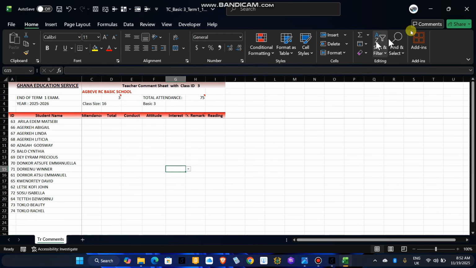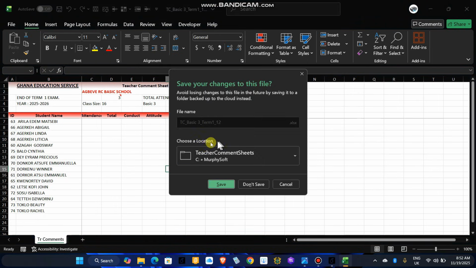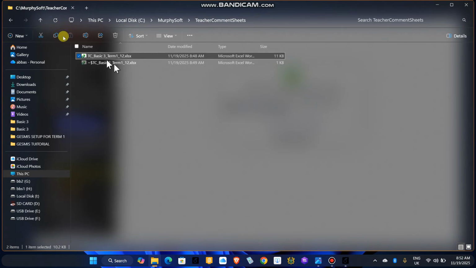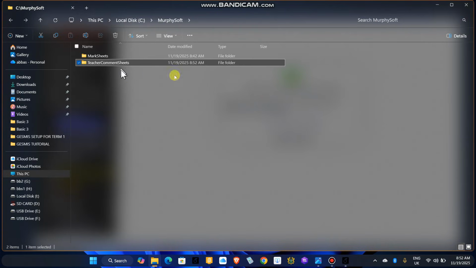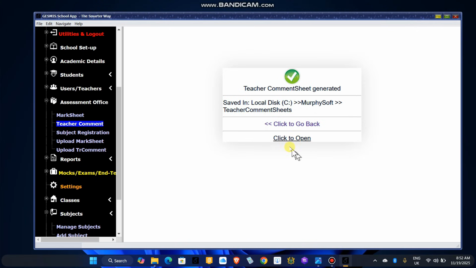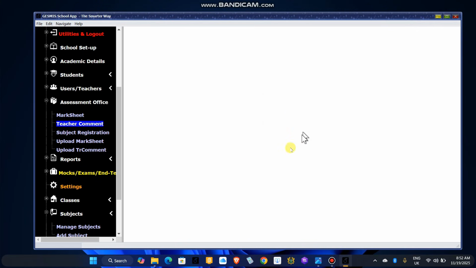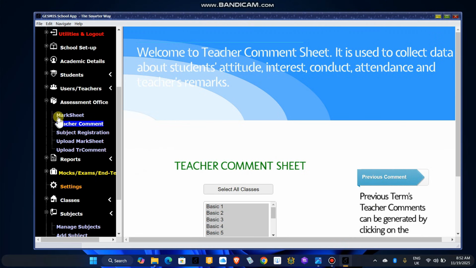Now let's leave this one as well. We are not going to save it. Let's leave it. So now let's go back. Now we are able to generate our mark sheet and also teacher comment. Mark sheet, teacher comment. Now what we have to do now is to upload our mark sheet and teacher comment